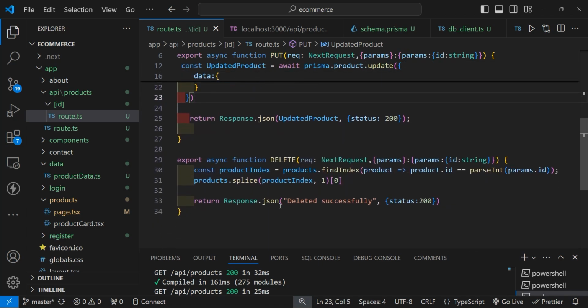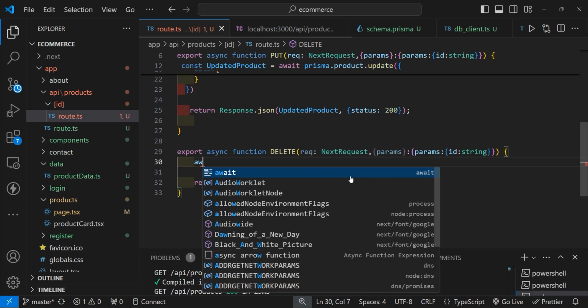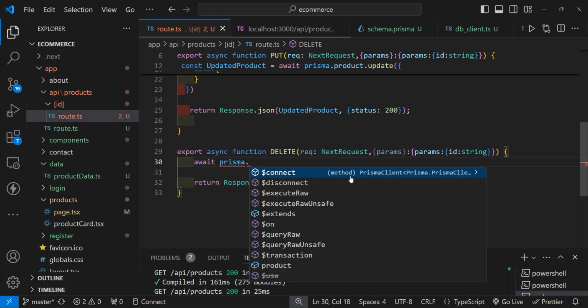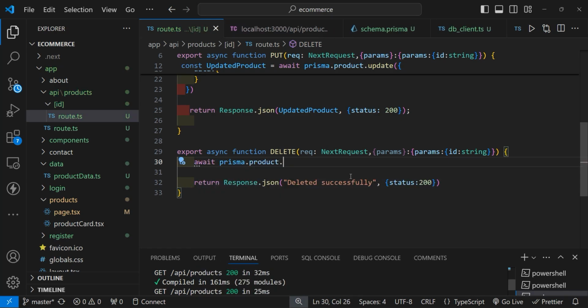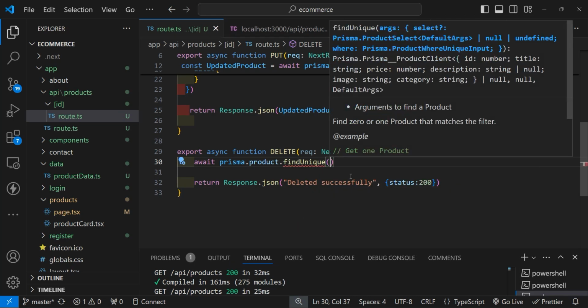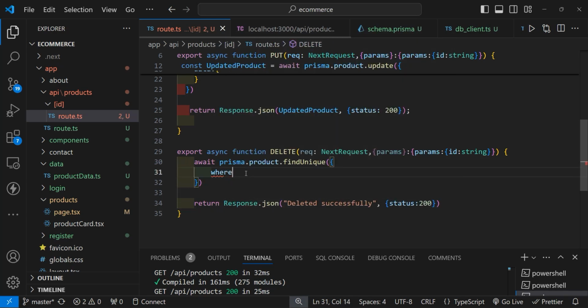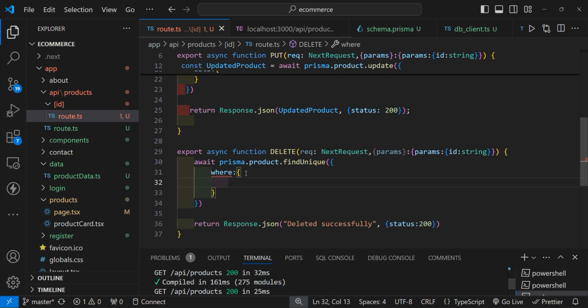Now lastly, let's see how to delete a specific record. Let's say you want to remove the record. So let's remove all this from here. First thing, call the Prisma client, then specify the table name product, and after this, call the function findUnique. So this findUnique function allows us to find a unique record based on the specified ID of the product or ID of the record. So here specify where we want to find this